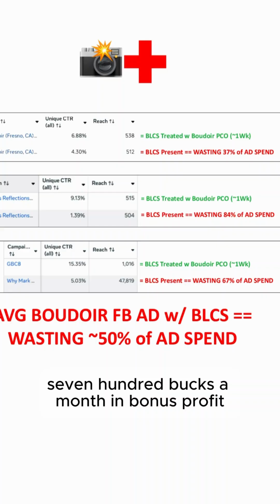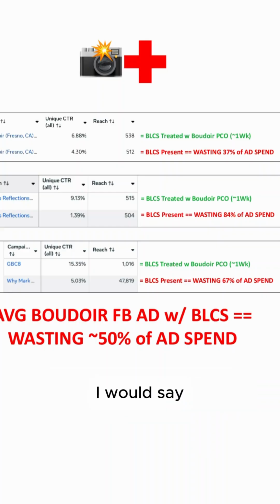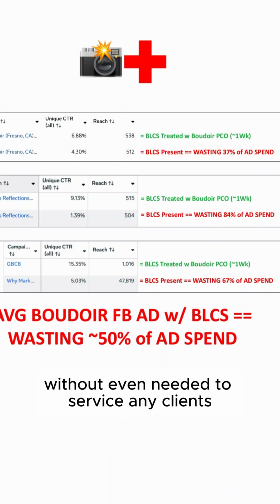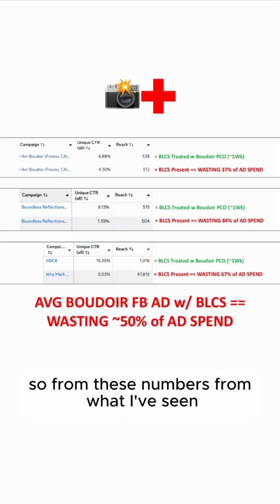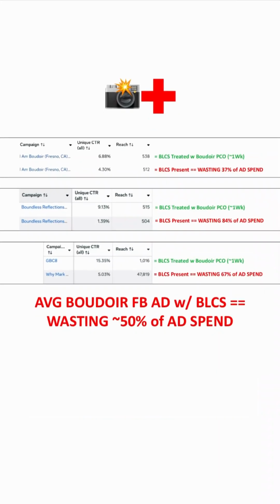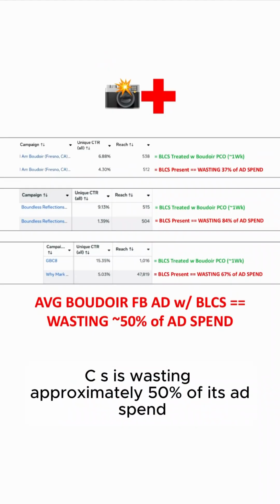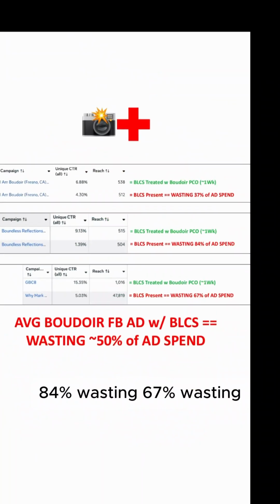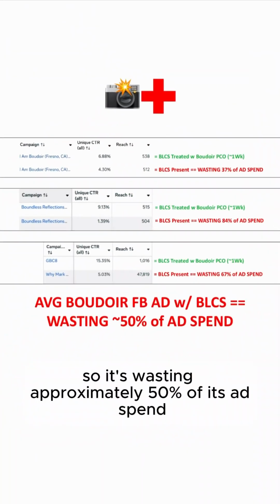6,700 bucks a month in bonus profit by simply not spending that money. I would say, 80 grand bonus in the next 12 months. So insanely good without even needing to service any clients. So from these numbers, from what I've seen, the average boudoir Facebook ad with BLCS is wasting approximately 50% of its ad spend. I mean, look at the numbers, wasting 37%, wasting 84%, wasting 67%, so it's wasting approximately 50%